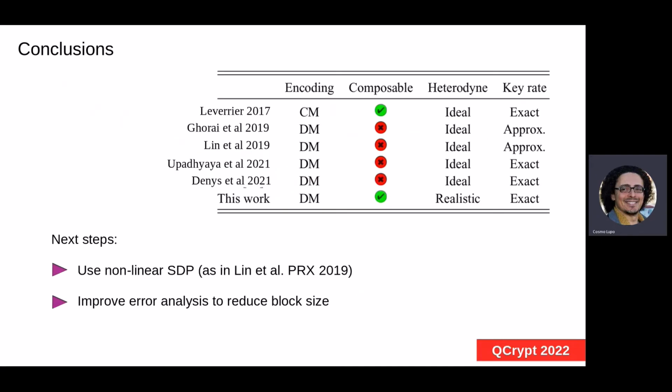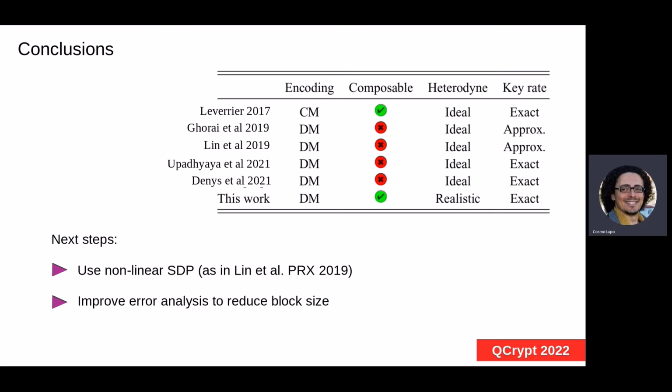In conclusion, we can compare this work with the previous theoretical works, and what we have done new here is to consider the security of the discrete modulation protocol in a composable fashion, but where the heterodyne detection is not the ideal model, but a model which is closer to realistic implementation. The next step is to use a non-linear semi-definite program, like in the work of Lin and others from the Lütkenhaus group,